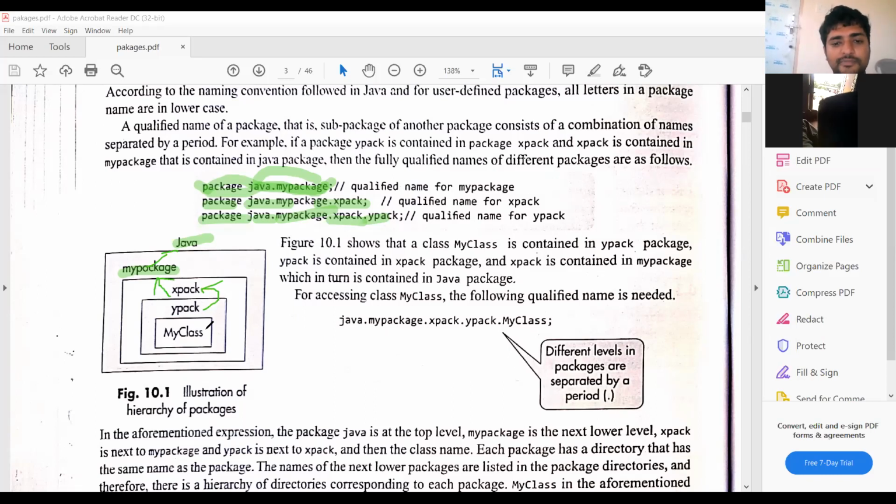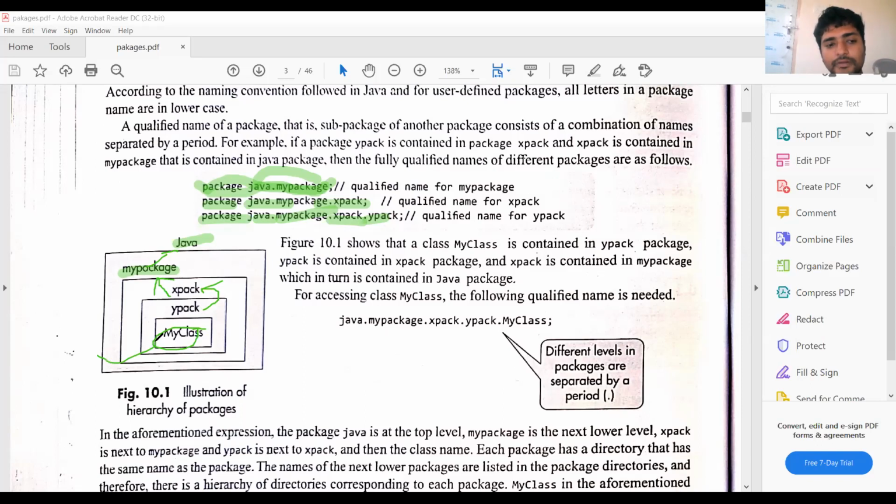How can you access this myclass? How can you import this myclass? It can be imported by using this syntax. Import java.mypackage.xpack.ypack.myclass.